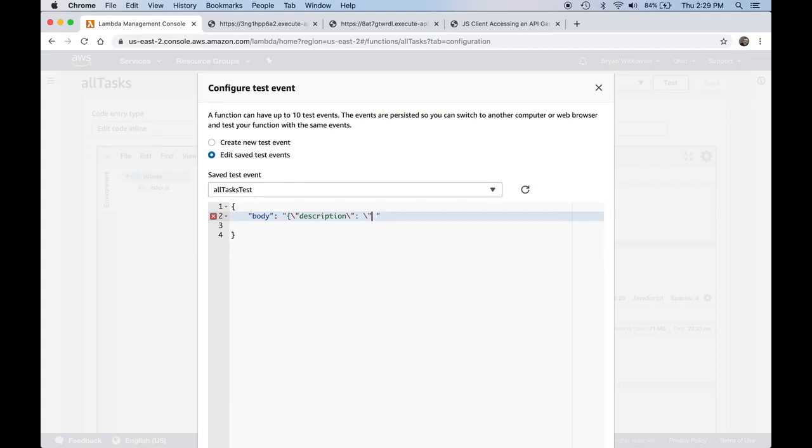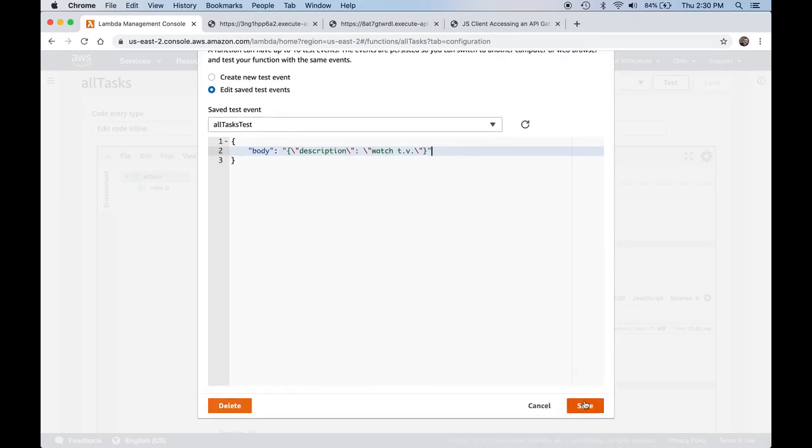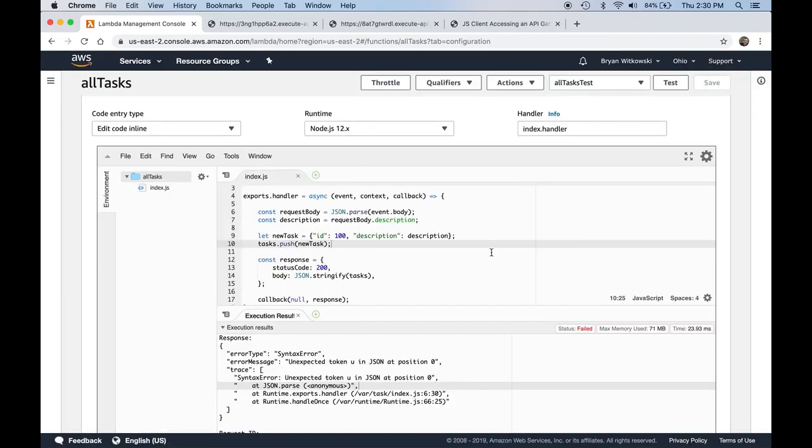Again, I need to escape it to have my double quote. I need to escape again and have a double quote. And in between here would be my description. So maybe I want to watch TV. Okay, so this is my body. You can see how I started the body as an object, and then I want to end the body as an object. So this is my JSON stringified data. I can save it, and now if I test this,